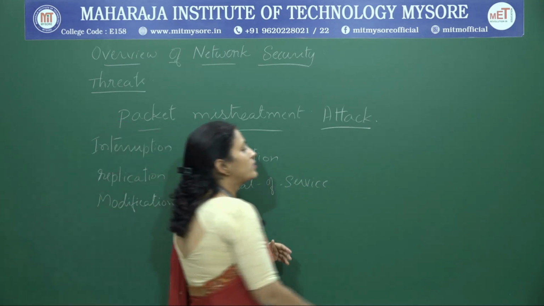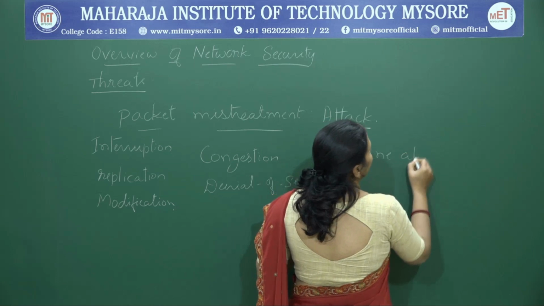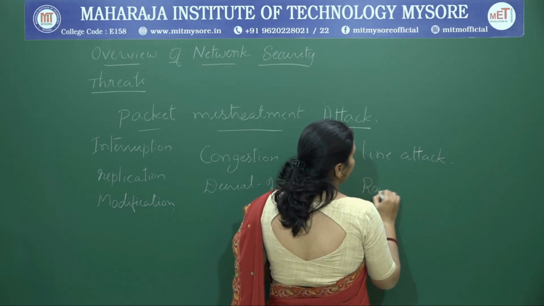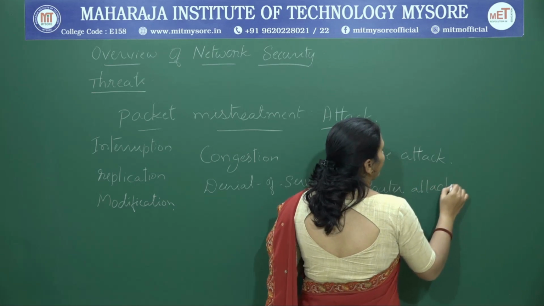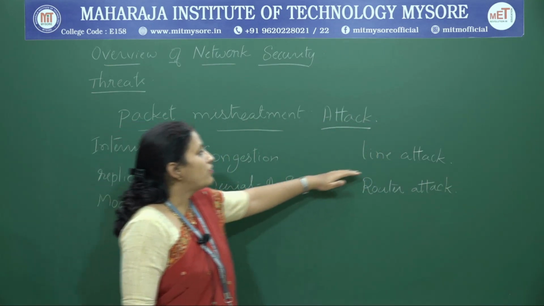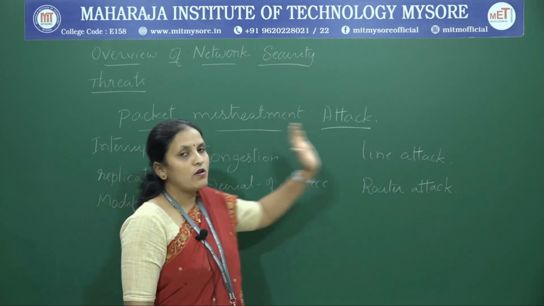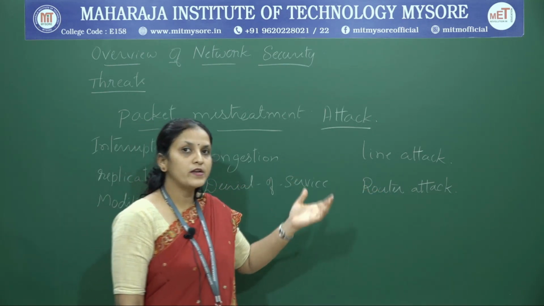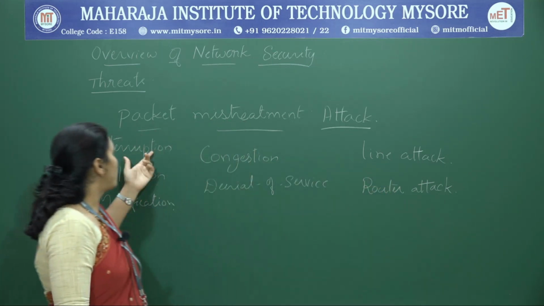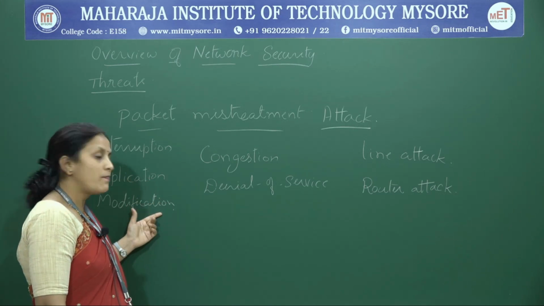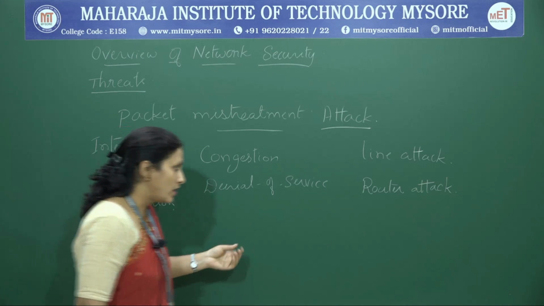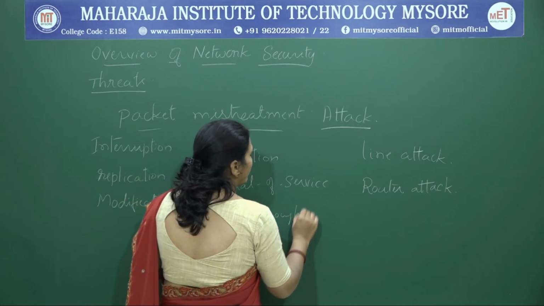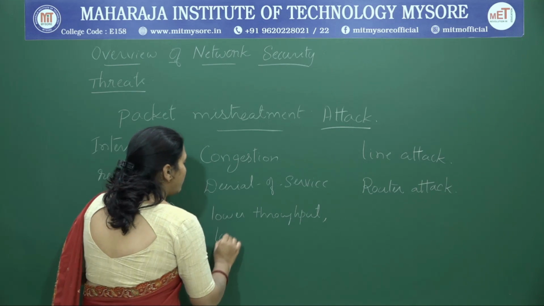There are two kinds of packet mistreatment attack, similar to our previous attack: line attack and router attack. In case of line attack, if a packet is traveling along the line between the routers, and a hacker gets access or holds the packet at that point in time, that results in interruption and modification of the data in the packet, and then replication of data, which might result in lower throughput, and then loss of data,